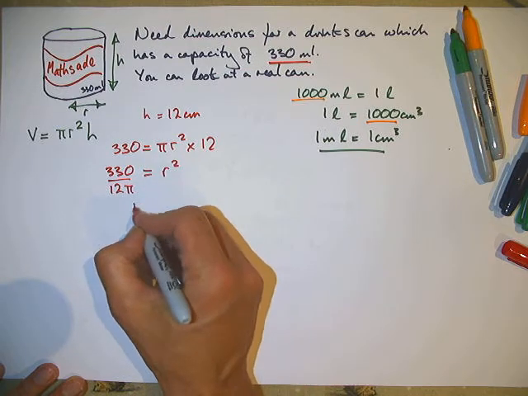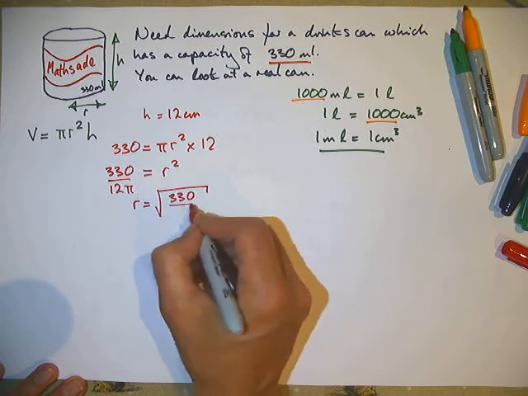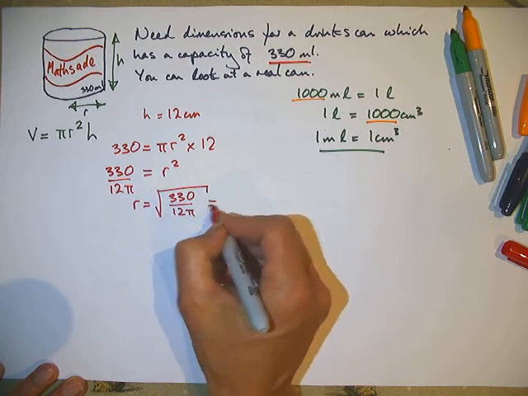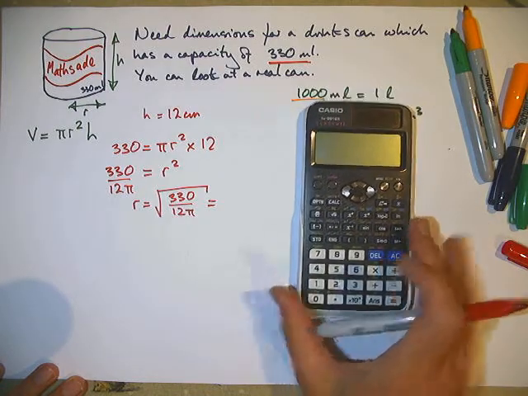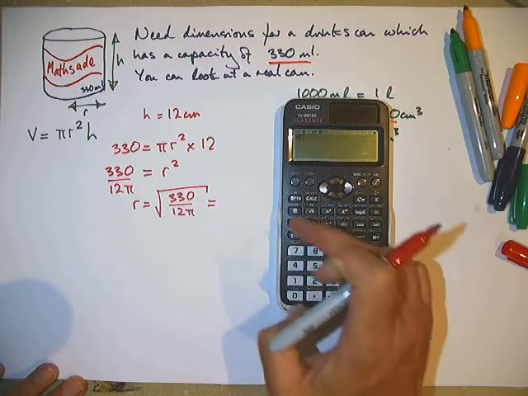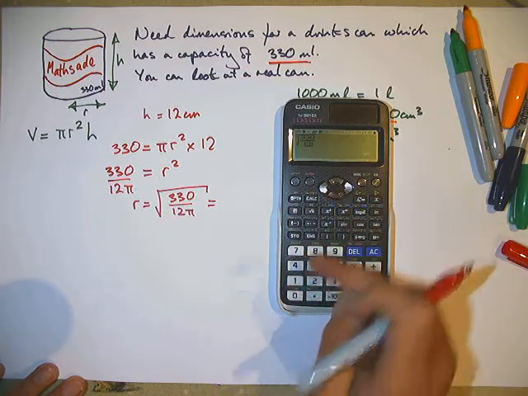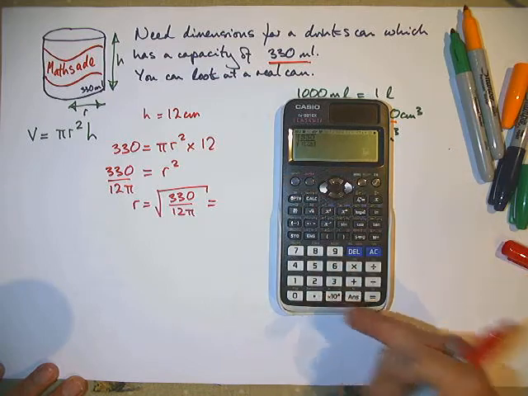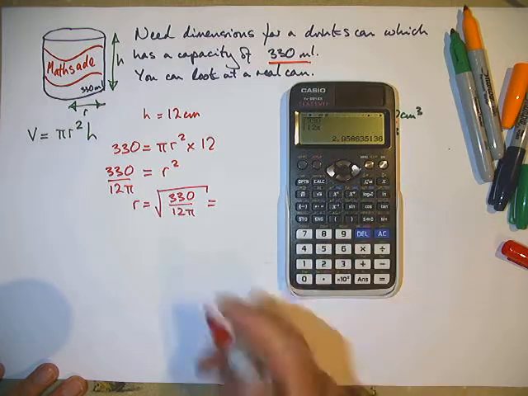We could say that r is the square root of 330 divided by 12 pi. And from that starting point, we can get an answer. So let's turn that on. We've got the square root of 330 divided by 12 pi, which gives us 2.958,